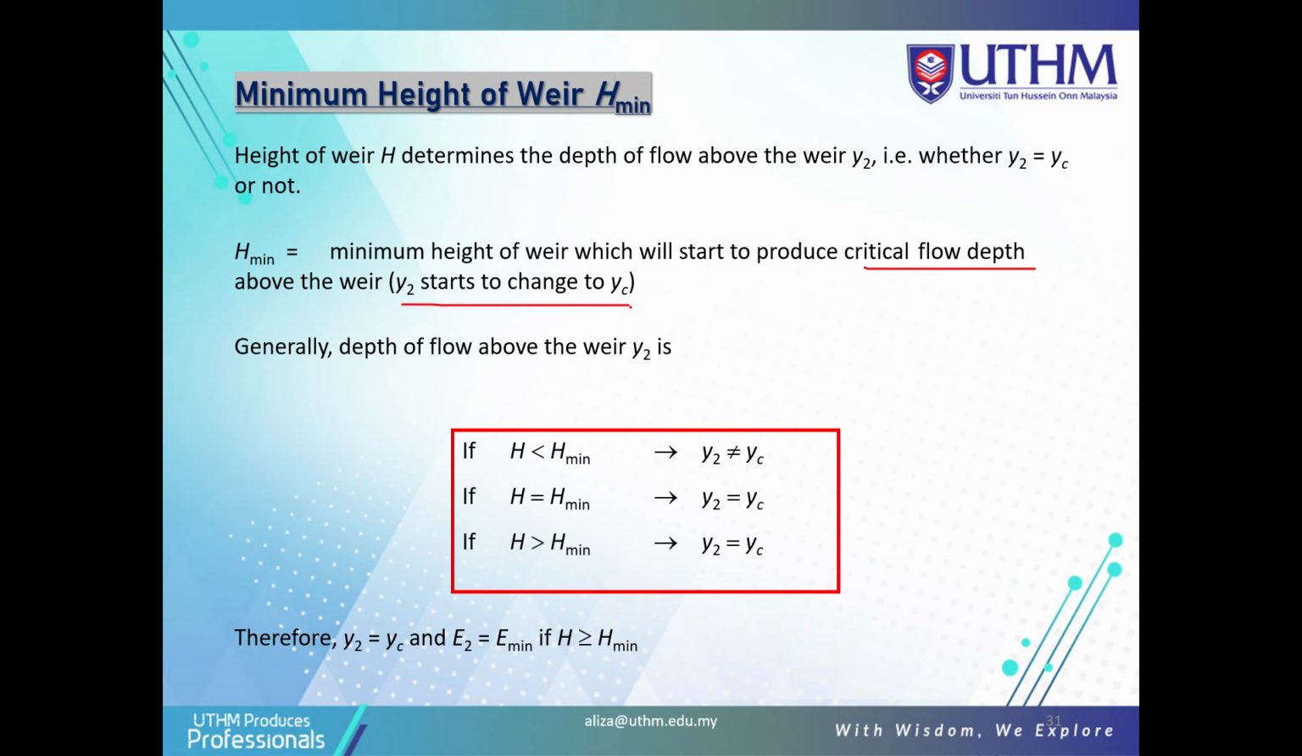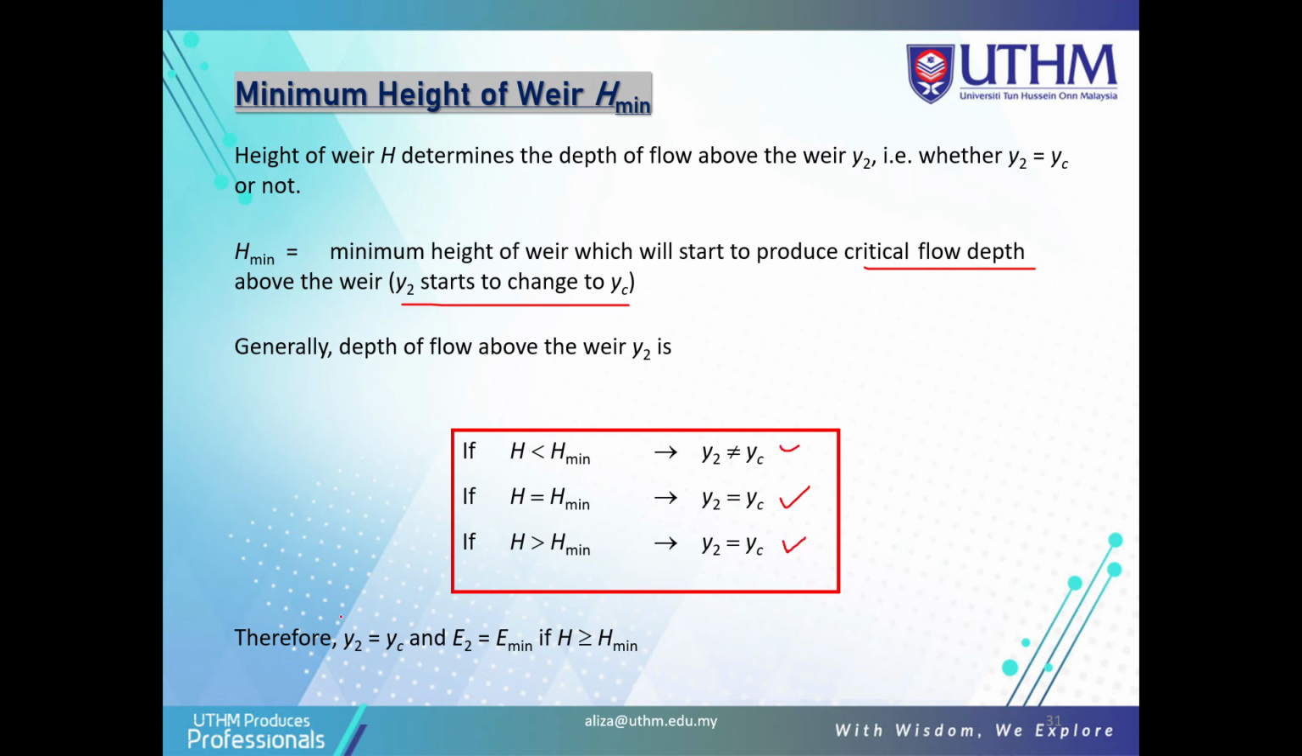Okay, this is based on the minimum height of the weir. Generally, the depth of flow above the weir, Y2, if H is less than H minimum, we get Y naught is not equal to YC. When H is equal to H minimum, Y2 is equal to YC. When H is more than H minimum, Y2 is equal to YC also. So based on this